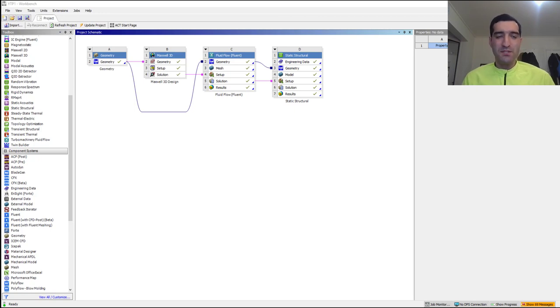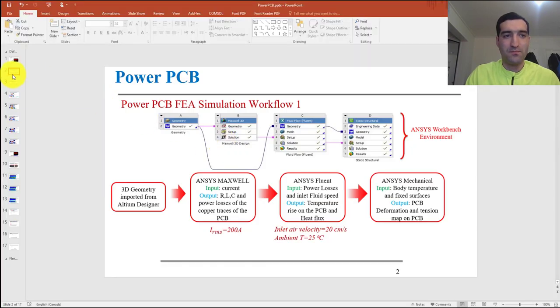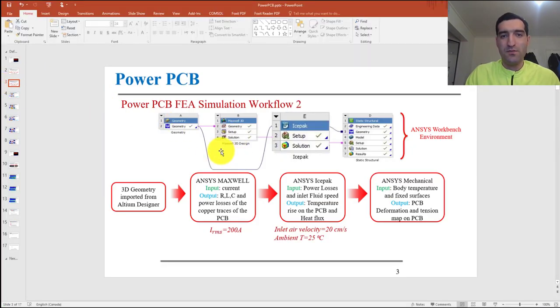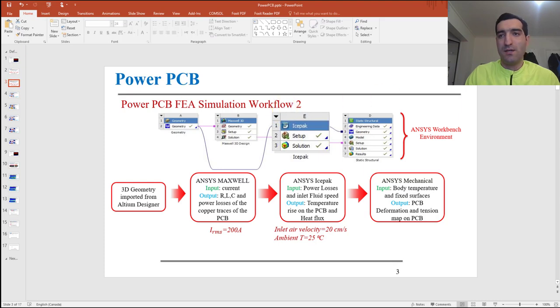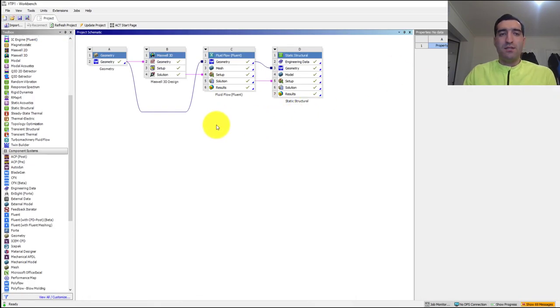So in this video we'll talk about the workflow tool that I showed you earlier. So here is the workflow tool. I'll just replace the ANSYS Fluent with ANSYS Icepak. Okay, so here